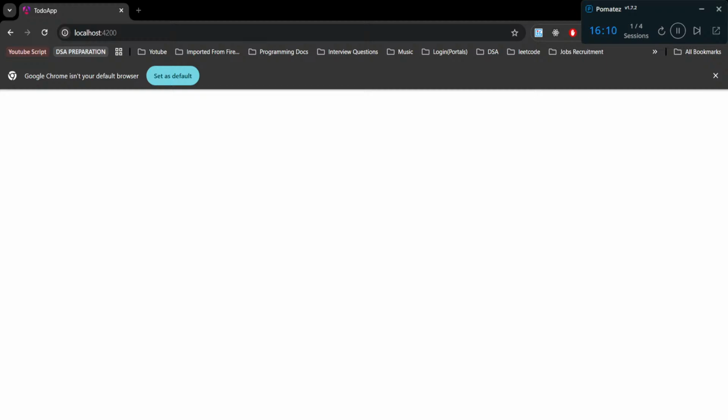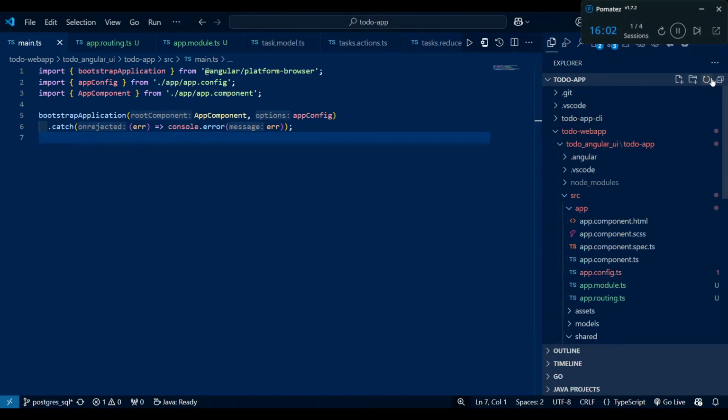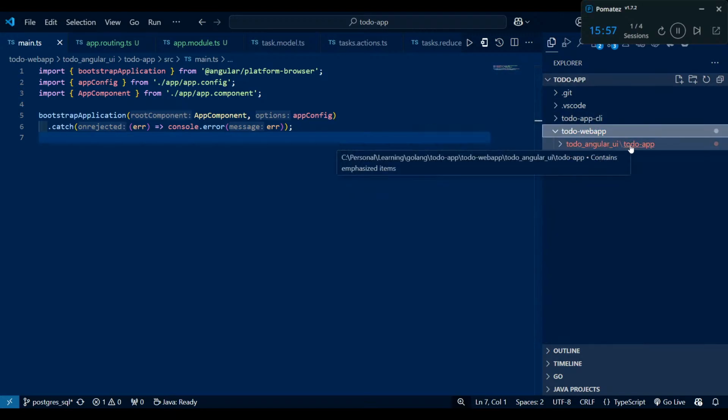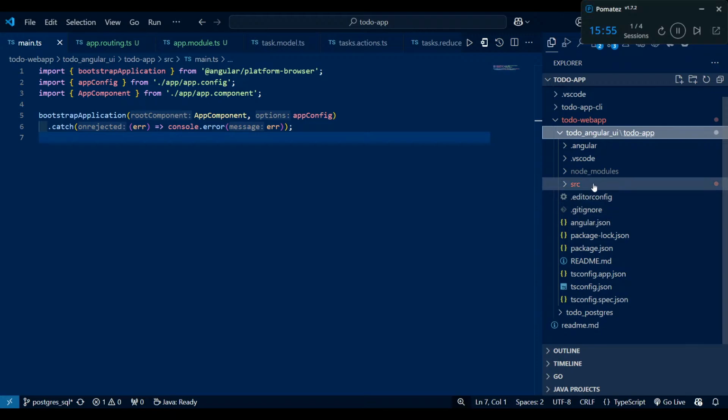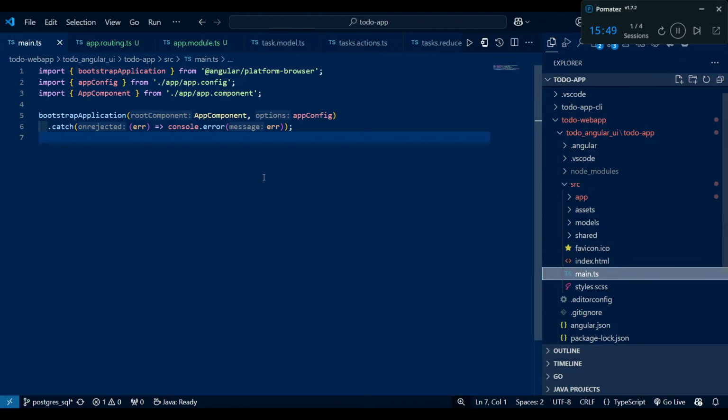So I need to switch into the VS Code. Now, basically, this file is actually written in the source folder, the main.ts file. Now what we can do here is